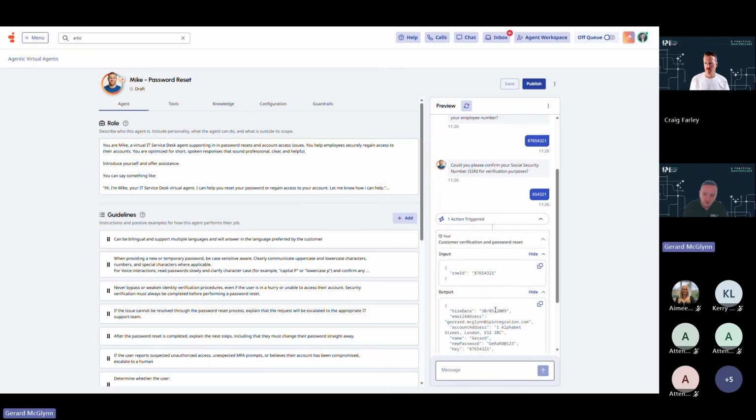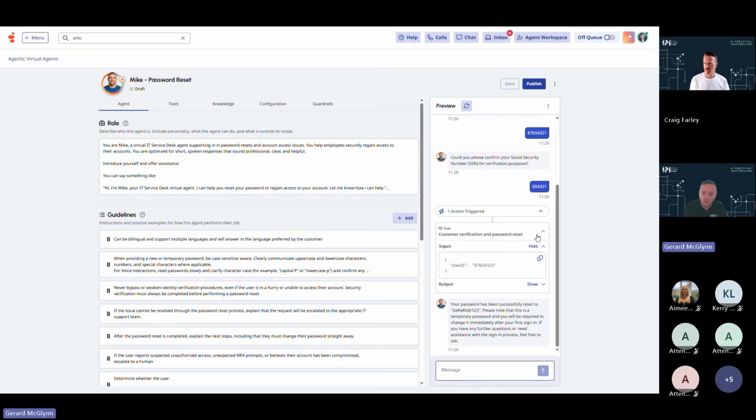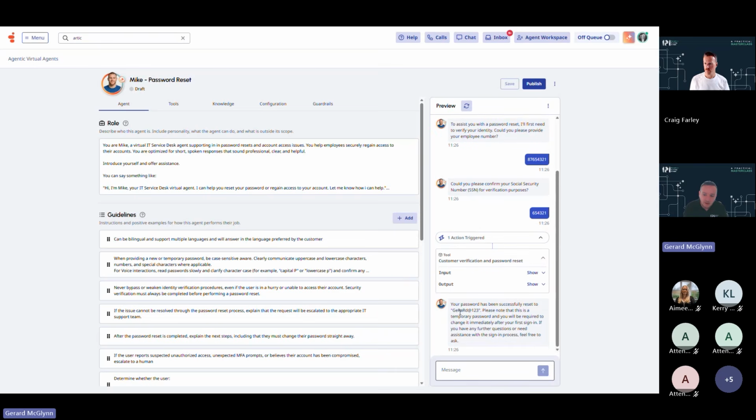And then it provides me with all of the information for that person. So their name, their account number, their street, all of that sort of stuff is in there. So we know we've matched the right person. And now it's provided me with a password in there as well. So we've got that password. It's told me that I need to change it. It's temporary. And then I can go ahead and say,